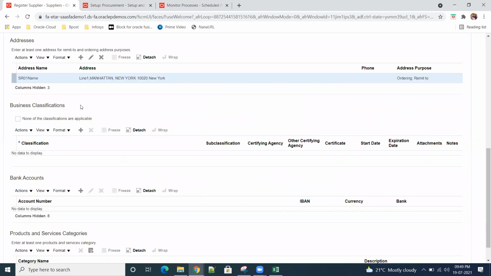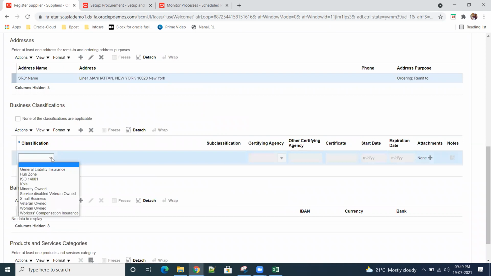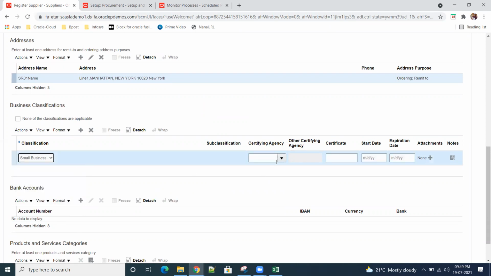Then what is the business classification? This business classification also has lookups. So I'm making something like small business, anything.